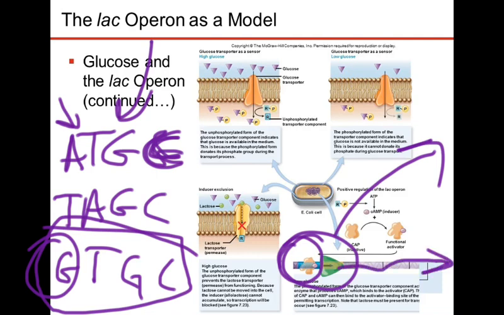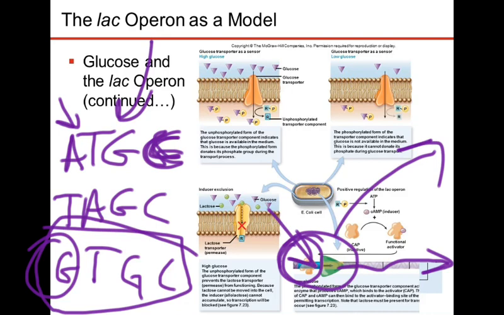So the CAP protein has to be there. Remember we talked about sigma factors and how sigma factors help the RNA polymerase find certain promoters. Sigma factors are doing kind of the same thing, except they usually interact with the RNA polymerase and change its conformation just a little bit so it can find a certain promoter or a different promoter. And this one is specific for this promoter. It binds there and says, RNA polymerase, come on over here. This is a good place to be. Set down here. Hopefully you can do some transcription here. And it recruits the RNA polymerase over to that part of the chromosome.